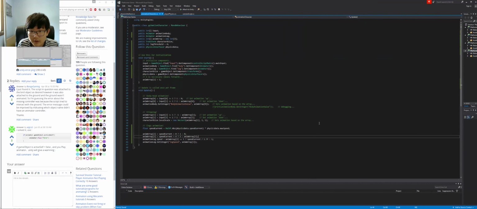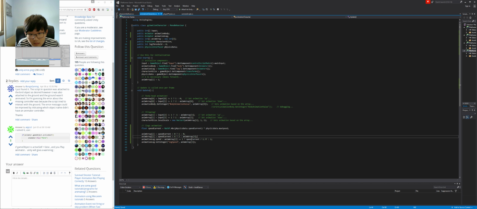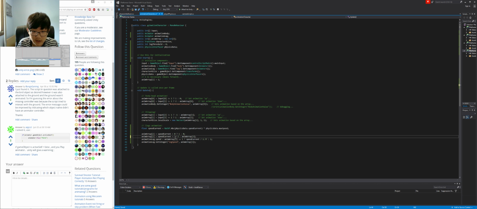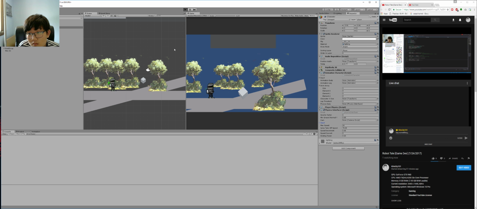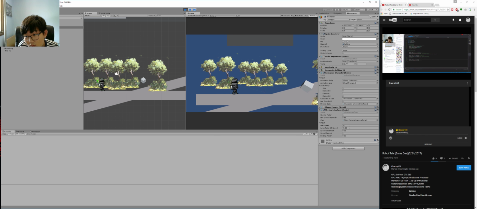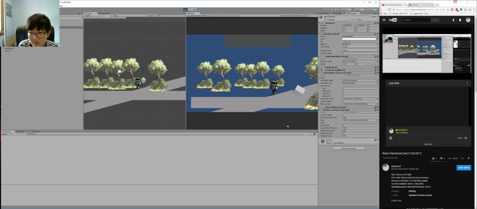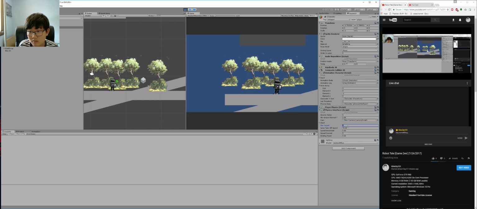What's the threshold again? 5. Change this to 5 real quick. So standard running, that's great, but this 4